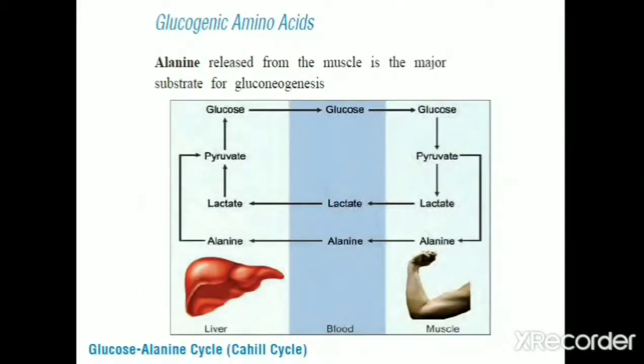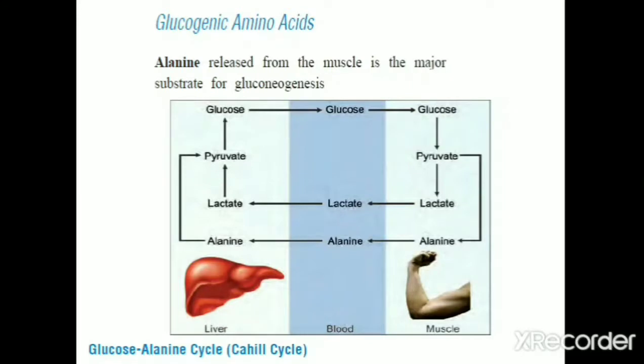And regarding glucogenic amino acids, all amino acids are glucogenic except leucine. The important glucogenic amino acid is alanine. So during starvation, proteolysis produces free amino acids, predominantly alanine. This alanine is secreted into the blood, and through the blood it reaches the liver, and within the liver this alanine is converted into pyruvate by transamination reaction. It is mediated by alanine aminotransferase. This pyruvate is converted into glucose, because pyruvate is a substrate for glucose, and that cycle is known as the Cahill cycle, that is the glucose-alanine cycle.